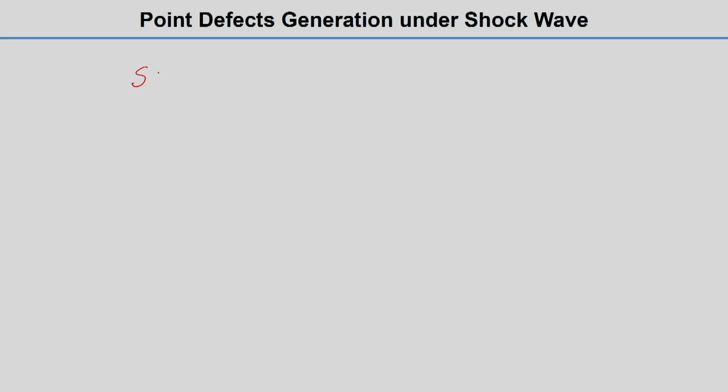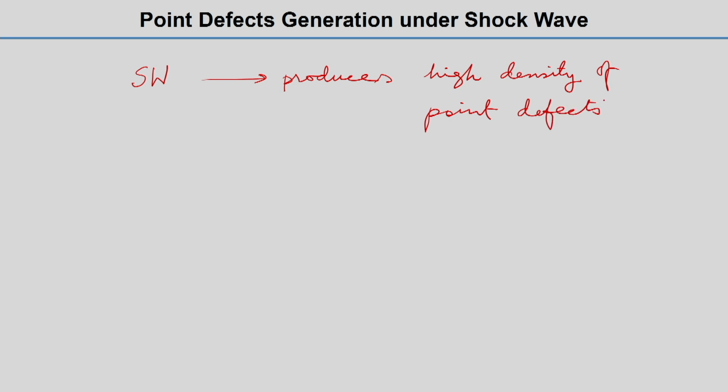I just want to tell you that shock wave loading produces a high density of point defects. As you know, we already discussed point defects in the material science basics class. These point defects can be vacancy defects or interstitials. So the primary source of these point defects